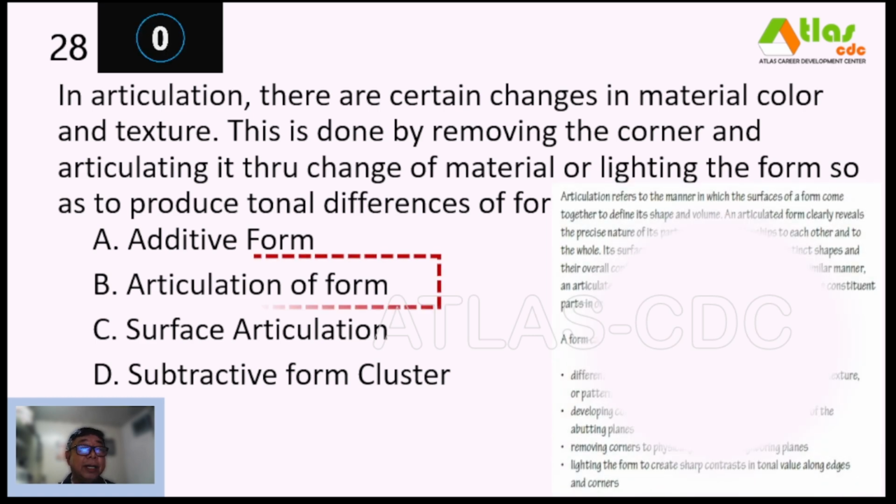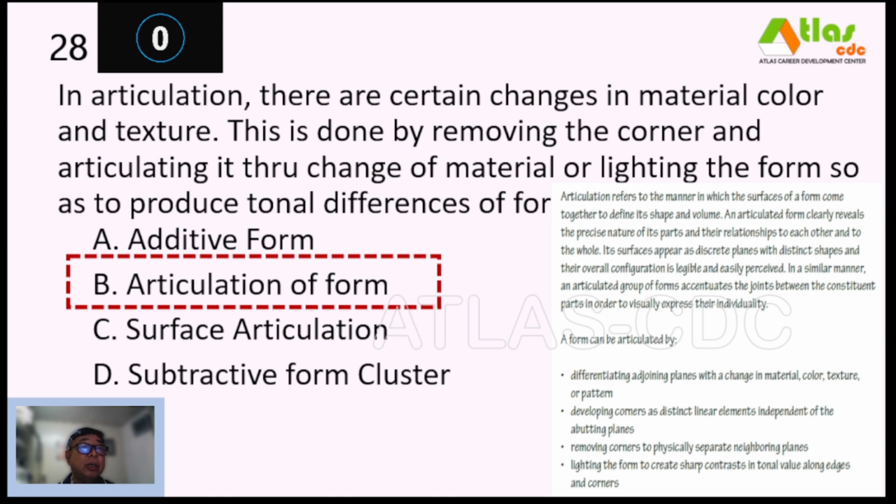And our correct answer is articulation of form. So articulation refers to the manner in which the surfaces of a form come together to define its shape and volume. An articulated form clearly reveals the precise nature of its parts and their relationships to each other and to the whole. Its surfaces appear as discrete planes with distinct shapes, and their overall configuration is legible and easily perceived. In a similar manner, an articulated group of forms accentuates the joints between the constituent parts in order to visually